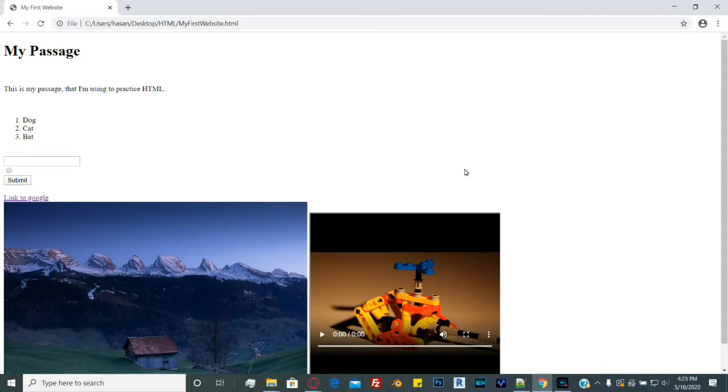Okay, so this is where we left off in our HTML section. For HTML, what we did is that we added various elements. We added like our picture here, or our video here, or the heading, the paragraph, etc. And in this section, what we'll be doing is going through how we can actually style these